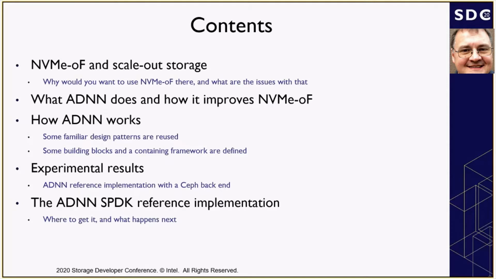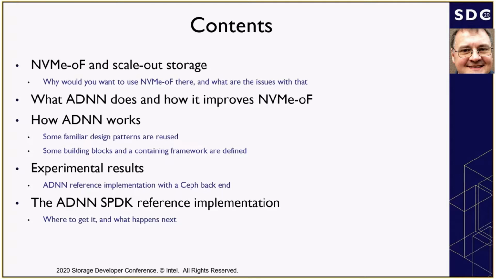Then next, we'll dive into the details of how ADNN works. We'll cover the familiar design patterns that are reused there and the basic building blocks that we've devised to construct those systems. We'll next go into the experimental results we got with our reference implementation of ADNN with Ceph as